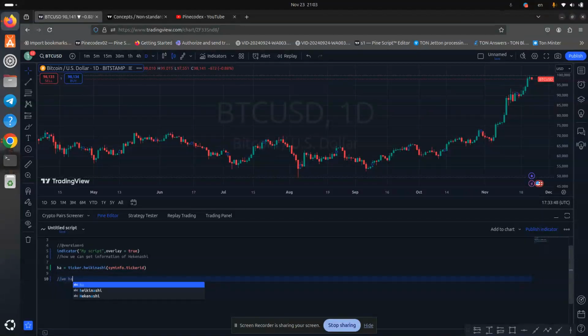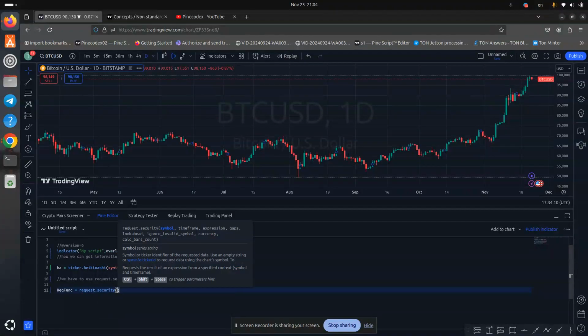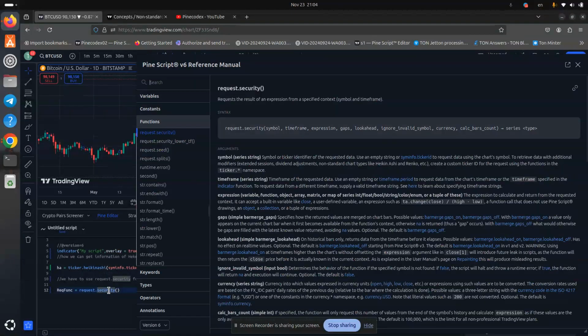We have to use the request.security function. What is request.security? Request the result of an expression from a special context. Symbol and time frame.